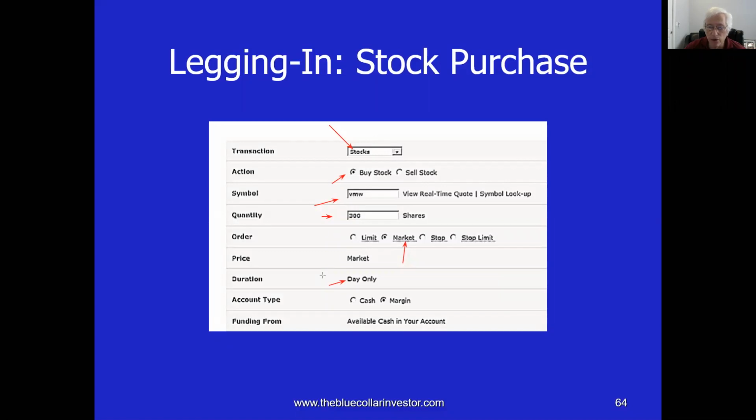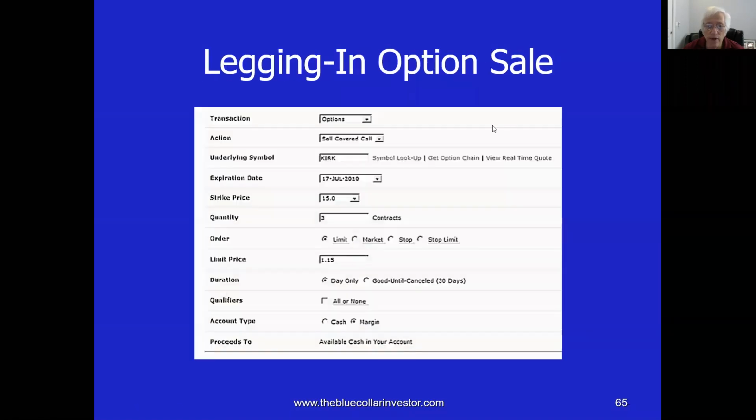So it's a day-only trade. You could trade in a cash account, which is my preference, or margin account. If you're doing a cash account, it would apply to IRAs. You may have to use a margin account, and then you're ready to go. And then eventually the trade will be executed, and then we're ready to go to the next step, leg 2,